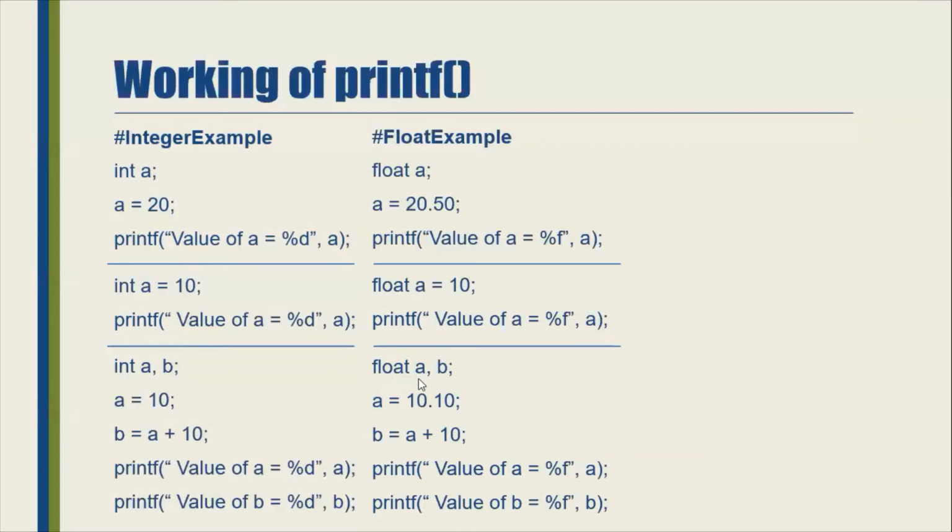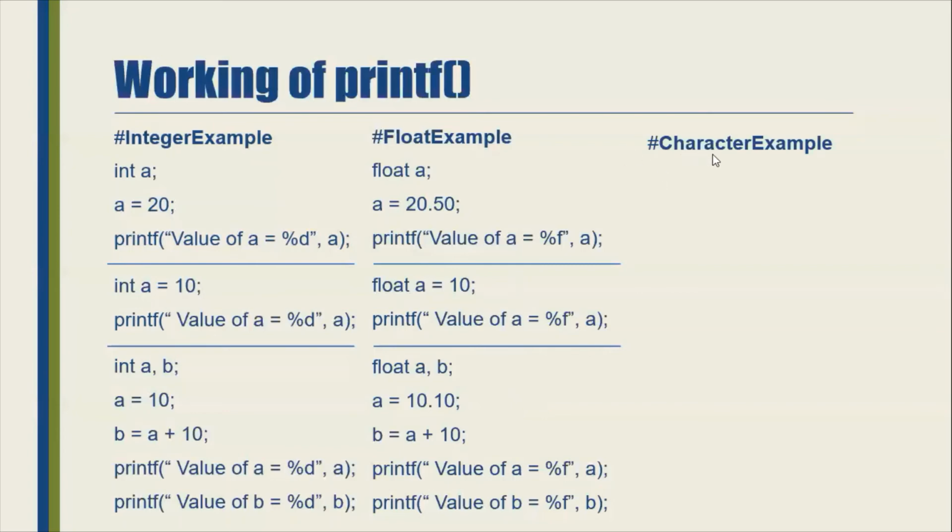Now in this example, we are declaring two variables, float a and b, and we are initializing a with 10.10, and I am going to add the value of a with 10 and give it to b. Whatever is on the right hand side will be evaluated and given to the left hand side. So the value of a will be 10.10, and it is going to print the float value. If I add 10 to a, I get 20.10. So the value of b will be %f, and the value will be given by which variable? b. So what is the answer of b? 10.10 plus 10, that is 20.10. Don't worry, we will perform these programs in the coming slides.